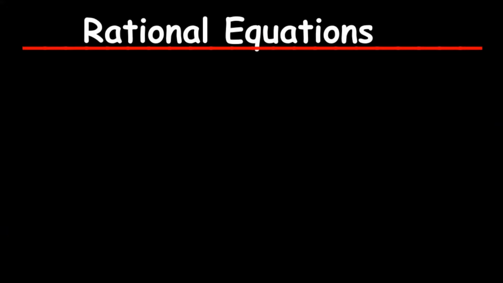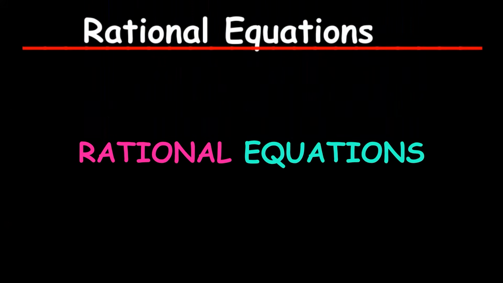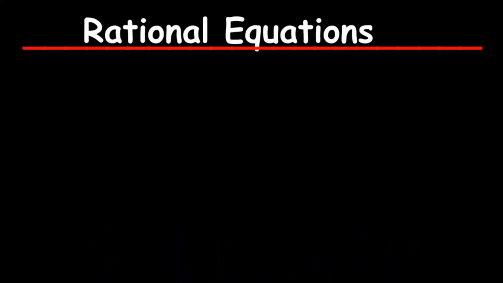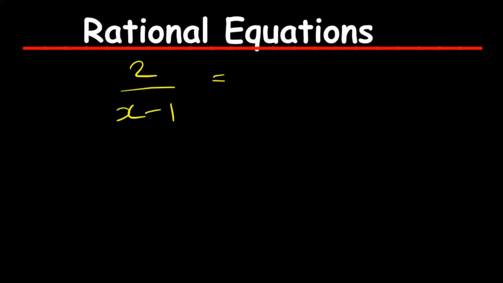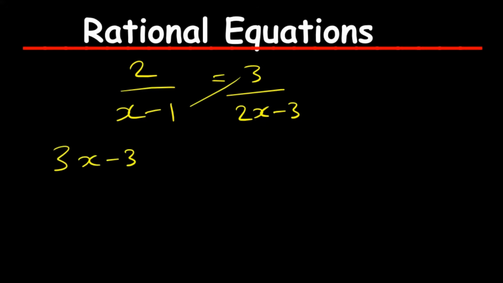Then how do we solve rational equations? Let's say I've got 2 over x minus 1 is equal to 3 over 2x minus 3. So here you just cross multiply. It's not even complicated. The 3 is going to multiply with that, the 2x is going to multiply with that. So 3 multiplied by that would be 3x minus 3. This would be equal to 2 multiplied by this, that would be 4x minus 2